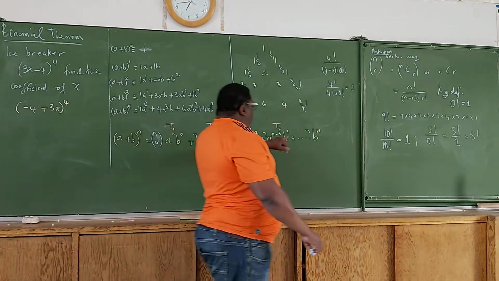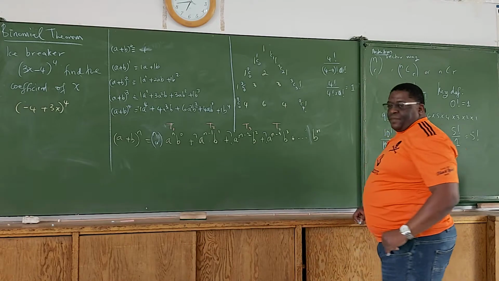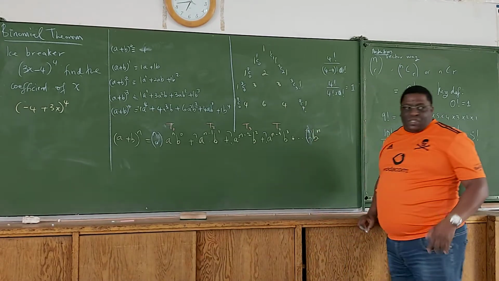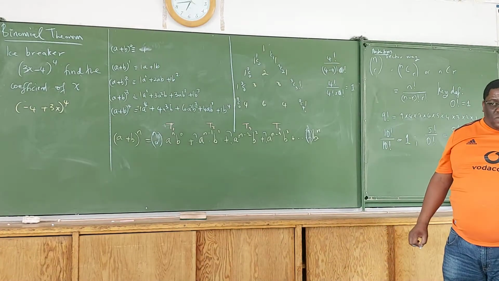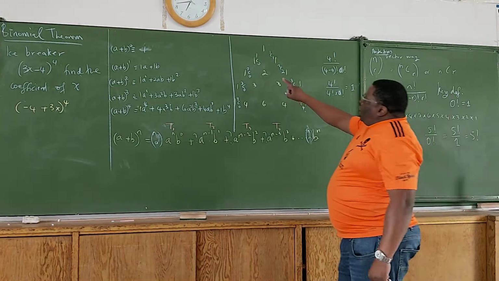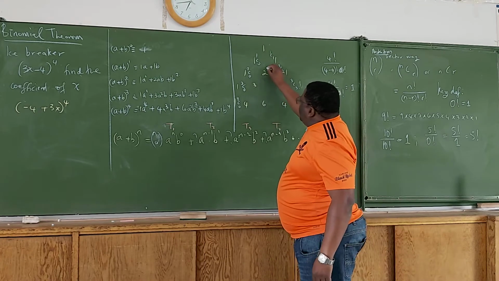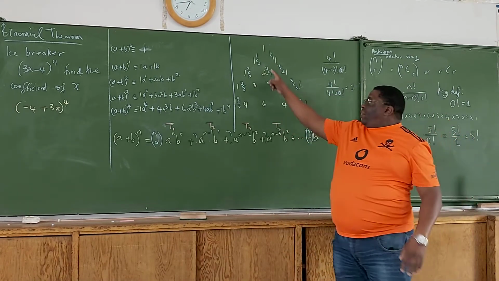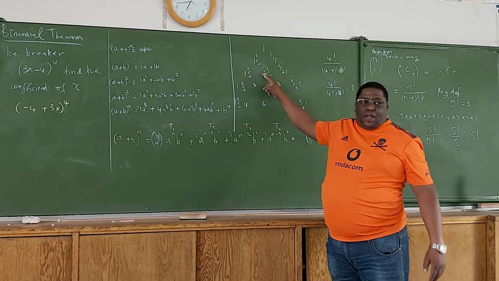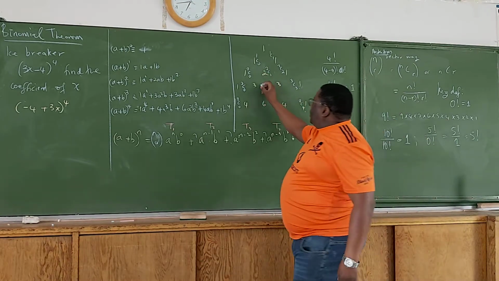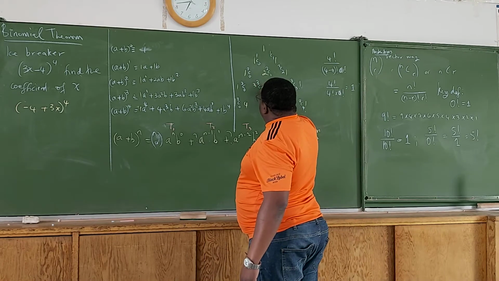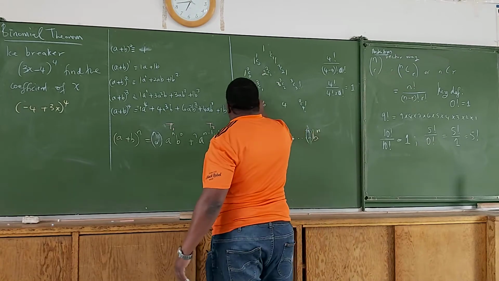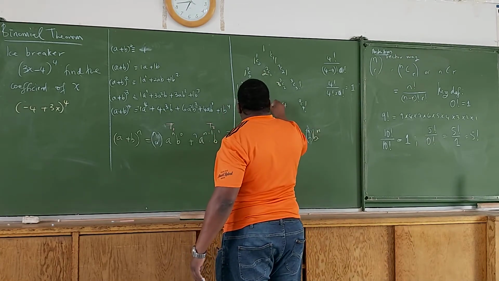So what would this coefficient be here on this side? N over N, which is just 1. Good. So naturally then, this one here should be 2C1. Now, you can check on your calculator that the value of 2C1 is equal to 2. This one here should be 3C1, 3C2. This one here should be 4C1, 4C2,